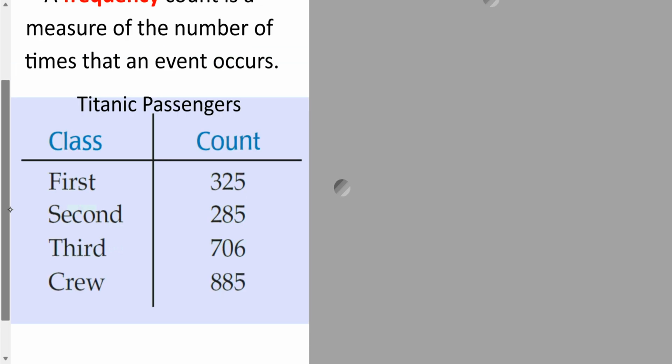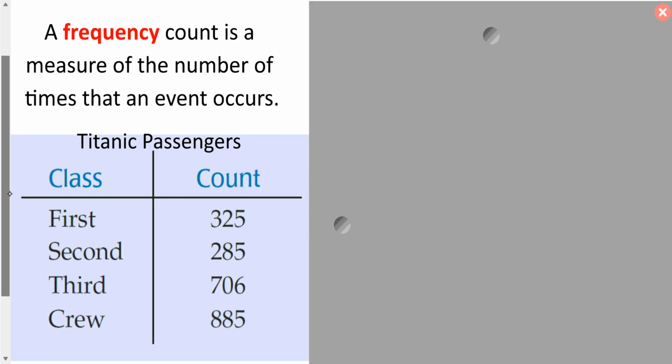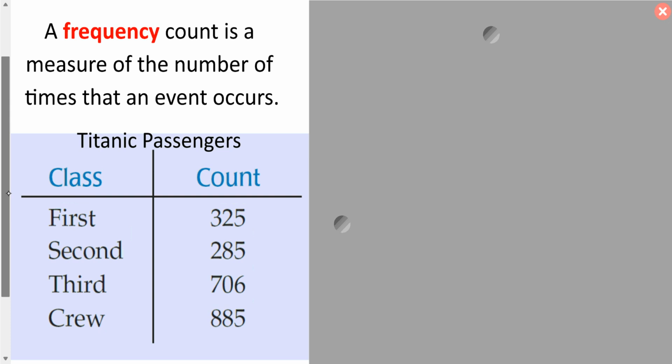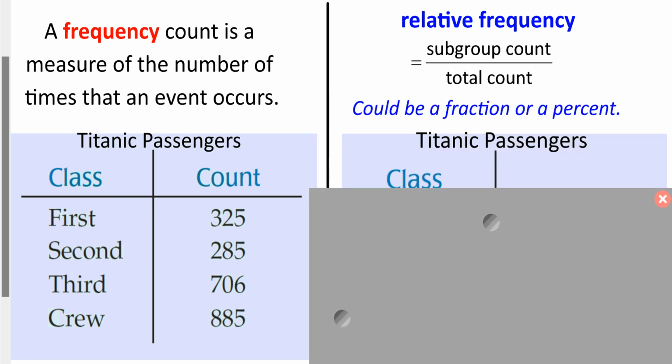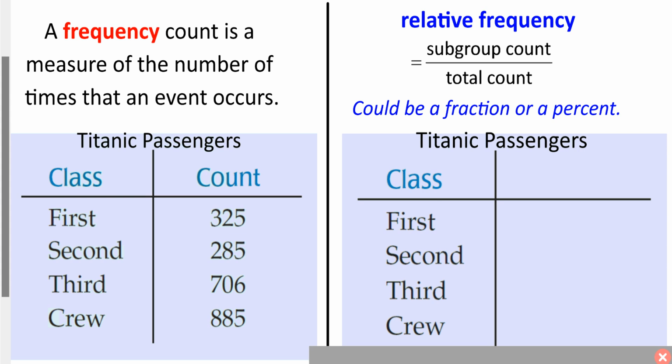Whereas relative frequency is its frequency relative to the whole. Relative to something else. So relative frequency is taking your subgroup out of your total. And usually it's written as a percent or a fraction. We can also call it a proportion. So in this case, I would say my relative frequency